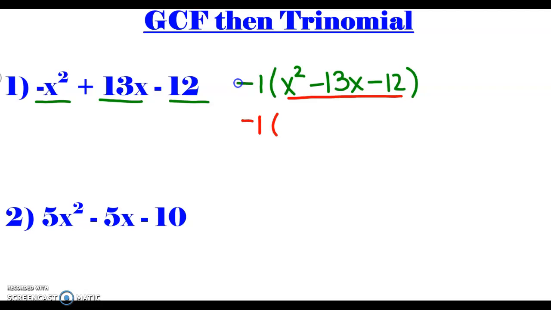So I have the negative 1 on the outside, and I have a riddle. I have x times x. Multiplying gives me a negative, which means I need one of each sign. It multiplies to give me negative 12 and adds to give me,